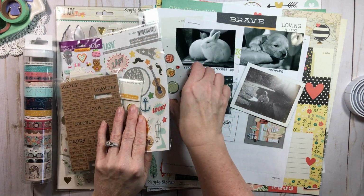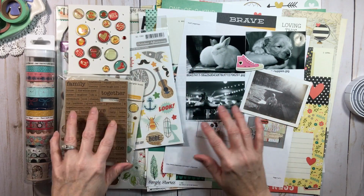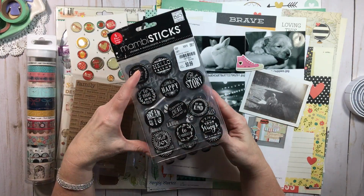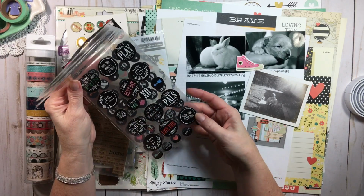I'm just pulling little bits and bobs, and will I use all of them? Well, I know I'm using that for sure, but it gives me choices. And then these are not very far because I'm working on an album using this, my month review album. And it said, then this happened. So I thought